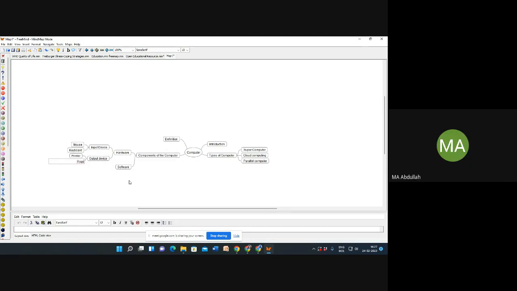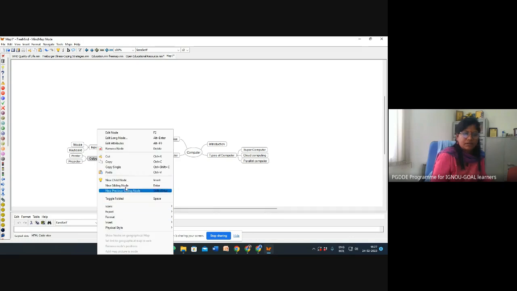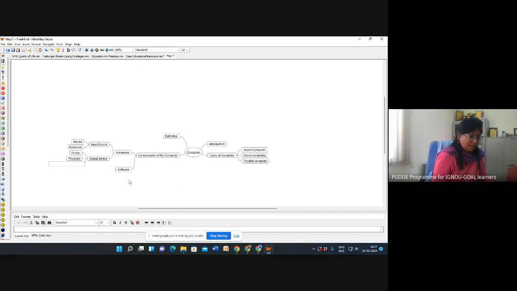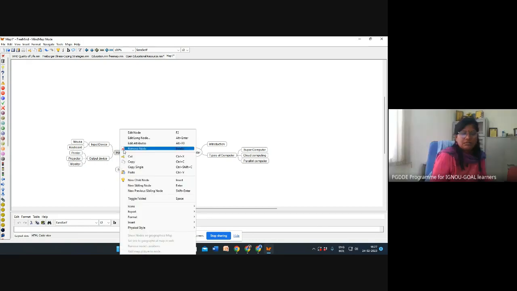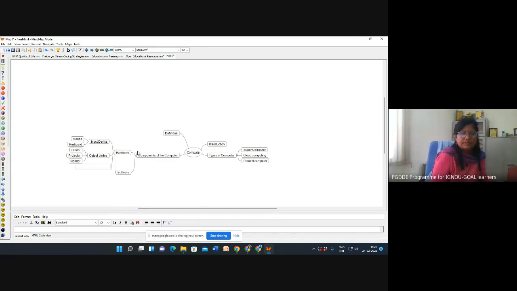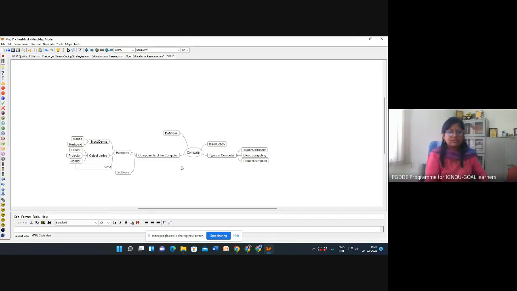Projector. The monitor or the screen. So you can say there is a CPU only. Okay. So